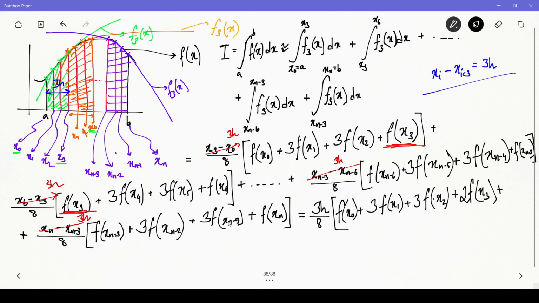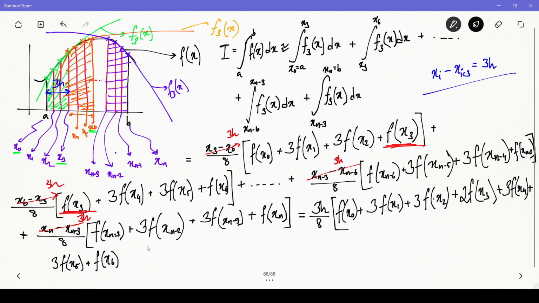We can proceed with the next term, which is what? So we have worked with f of x3. Now let's work with f of x4, which is this thing over here. So we'll write 3 times f of x4 plus, then we have what? 3 times f of x5 plus f of